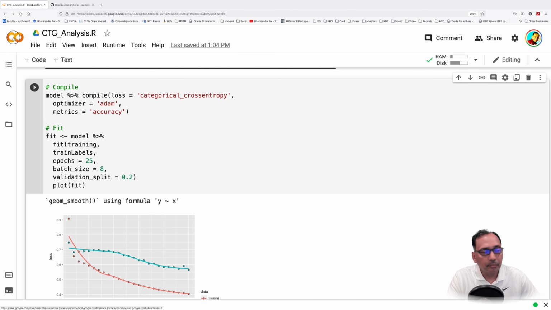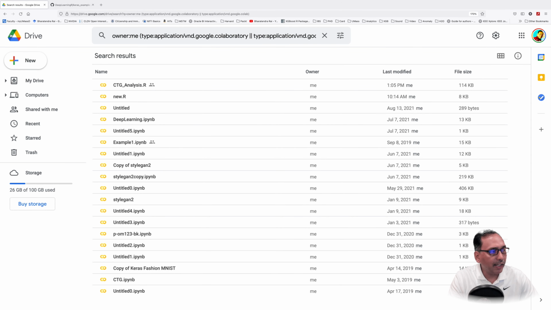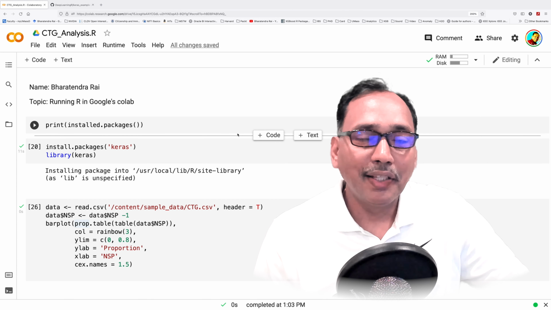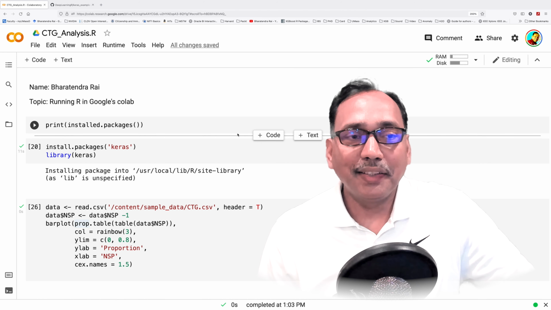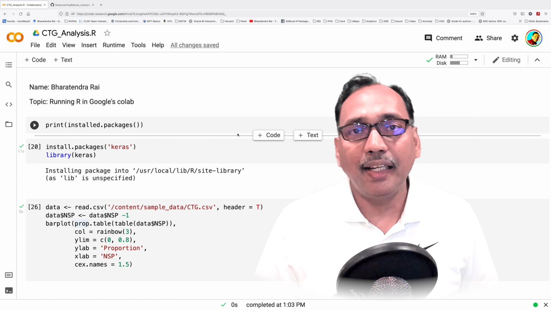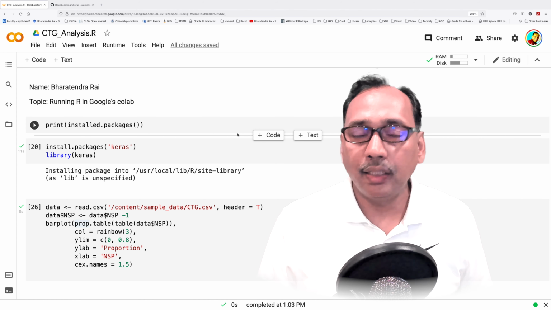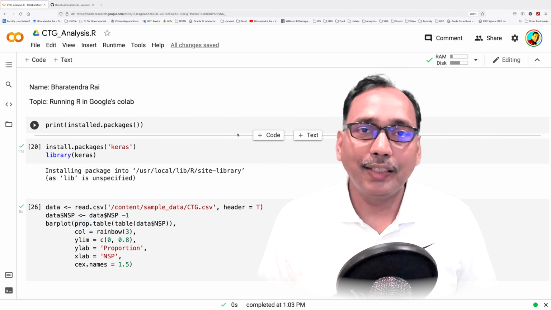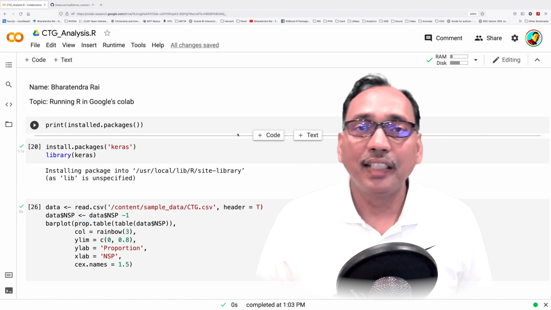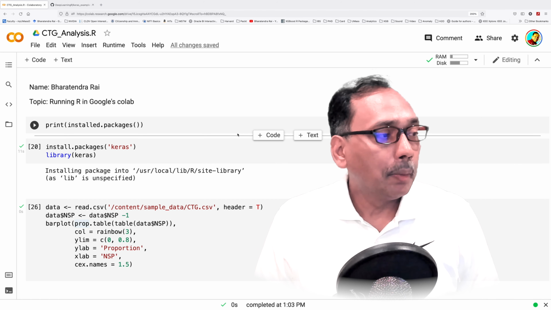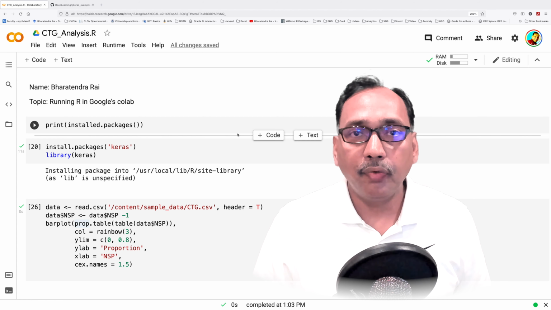If you click on this icon here, it takes you back to your Google Drive, and you will see that ctg_analysis.r is automatically saved. So this was a quick overview of how to use R in Colab. And as I said earlier, the major advantage we get here is that there are preloaded packages, and especially if you are running deep learning models and have difficulty downloading Python or making R work properly with Python, those things can be avoided. But certainly there may be some limitations.